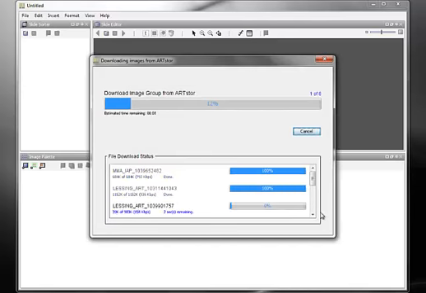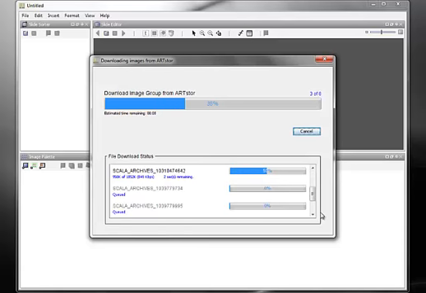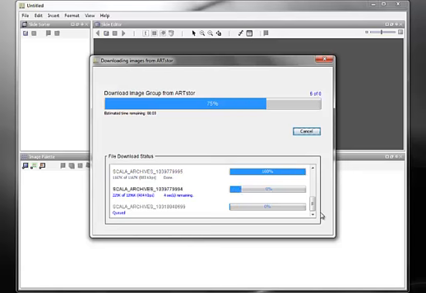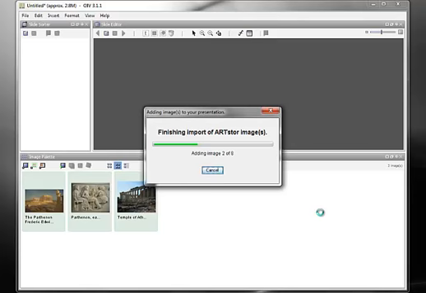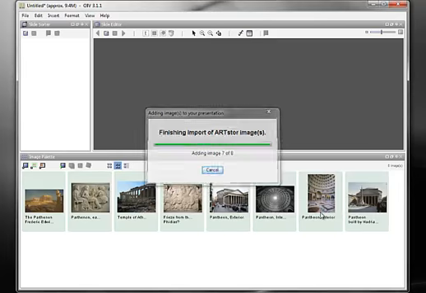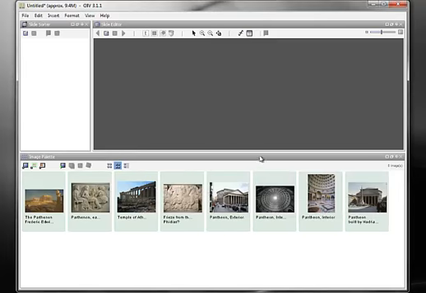ArtSTOR now automatically downloads the images that I've chosen and creates a slideshow palette. Here in the palette I can organize my presentation, move images around,